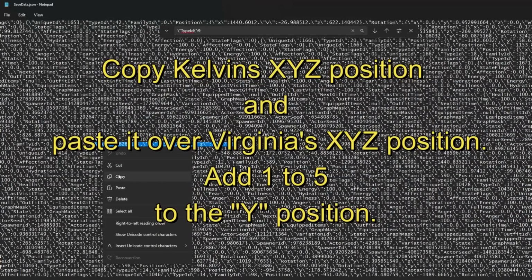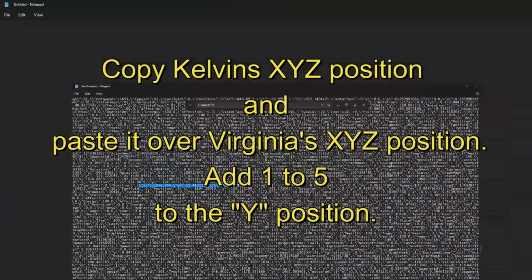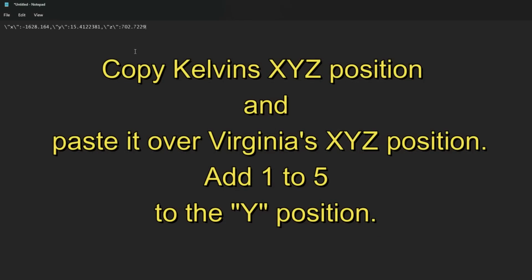And I'm going to copy that. And I'm going to minimize this, and I'm just going to paste it in here. Boom. That's where Kelvin is, okay? X, Y, and Z. Now, the Y is what you want to change. So we're going to take this value and we're going to add